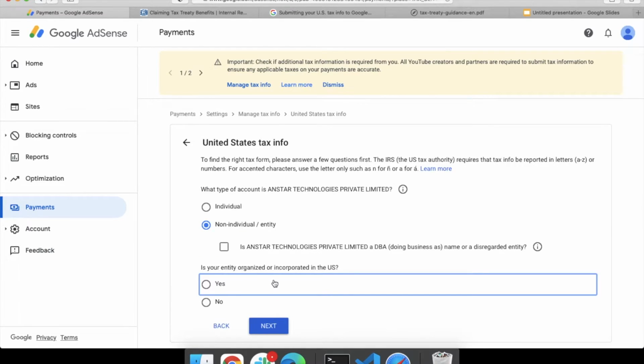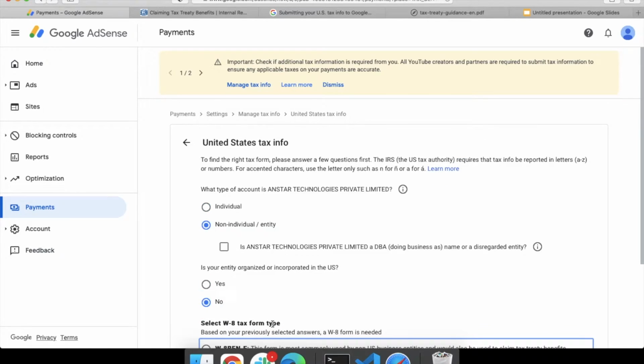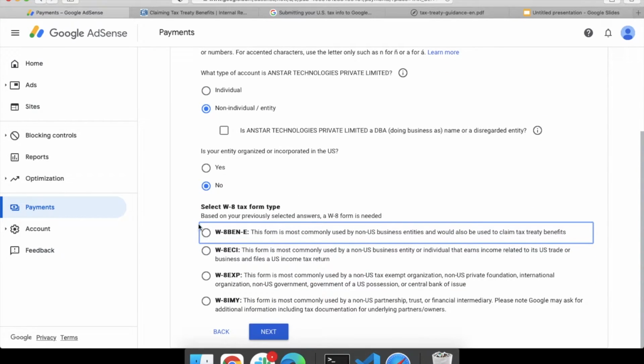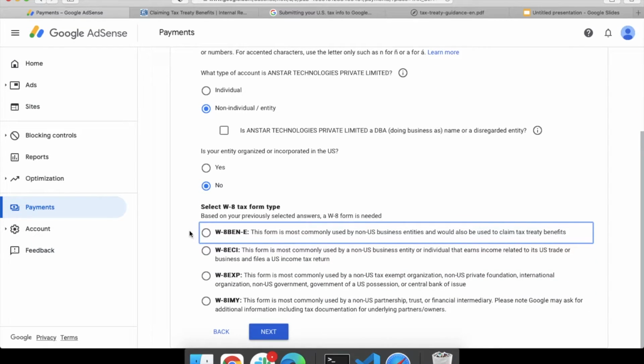Then it will ask you whether the registered business is incorporated in the US or not. If it is incorporated in the USA, then you will have to select yes. If it is not, then you will have to select no. So I will select no because my business is not registered in the US, and then I will click on next. Once I click on next, it will show me, based on the above information, what form I need to fill. So it is showing me 4 forms: